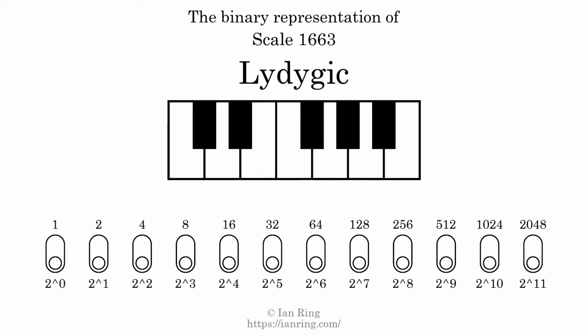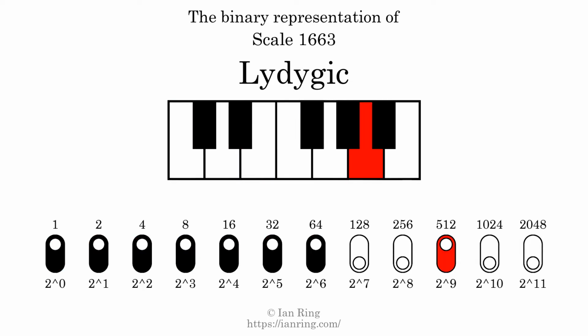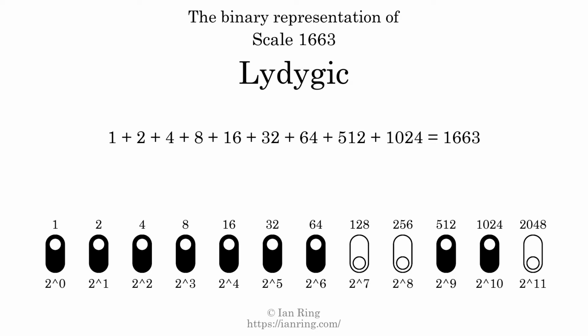The binary representation of this scale is determined by mapping tones of the scale to binary digits. Each binary digit represents a power of 2. To get the scale number, we add the powers of 2 together. The powers of 2 that are present in the scale, all added together, equals 1663. That is why the scale number, in decimal, is